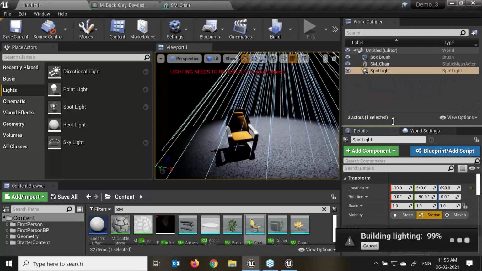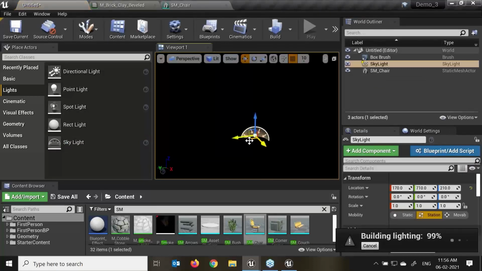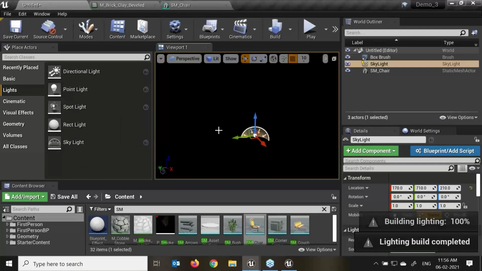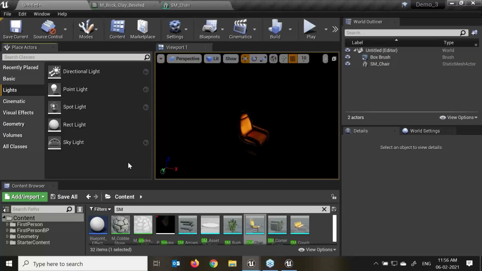Now just a little bit more. Now we have this skylight over here. If I drag and drop this skylight over here, it captures the distant parts of your level and applies that to the lighting. That means the sky appears out and its lighting reaction will match, even if your sky is coming from the atmosphere. So once we are creating the atmosphere, that time we will use this skylight. I'll show that again in today's session only.